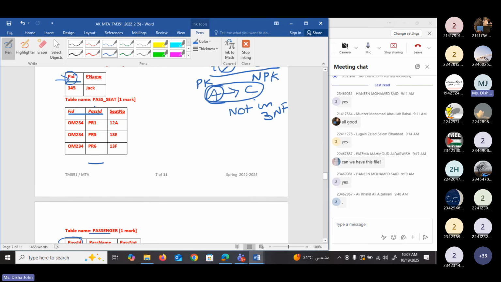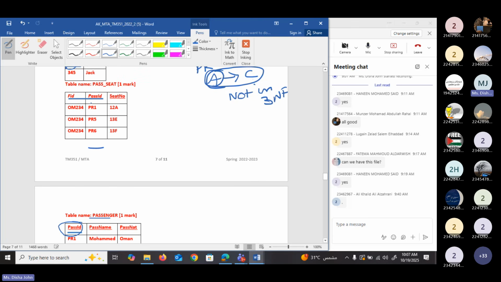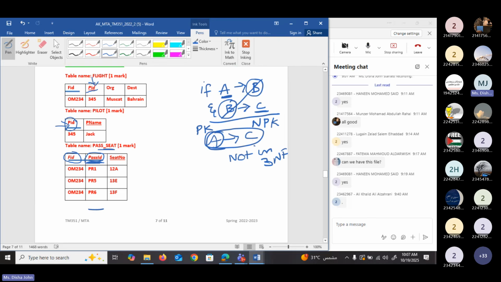So look, here we have passenger seat and here there is passenger ID. But actually passenger ID belongs to which table? Passenger ID is the column of passenger table. But we took passenger ID from the passenger table and we added it here in this table. So in this table, it will be the foreign key. Similarly, here we have flight ID. From where we got flight ID? We got flight ID from the flight table. So here, flight ID is the foreign key.